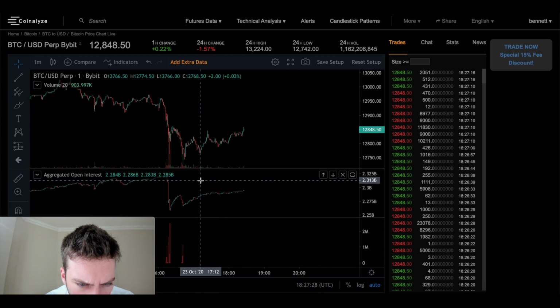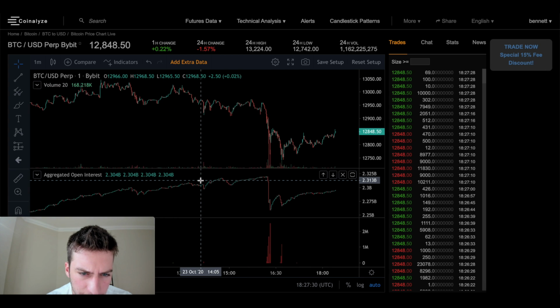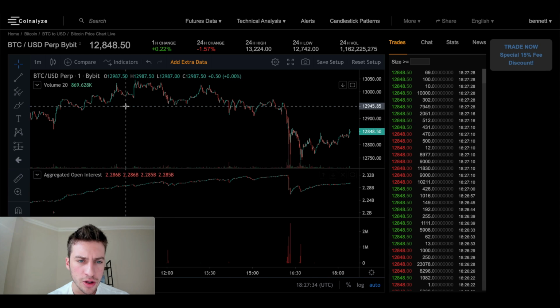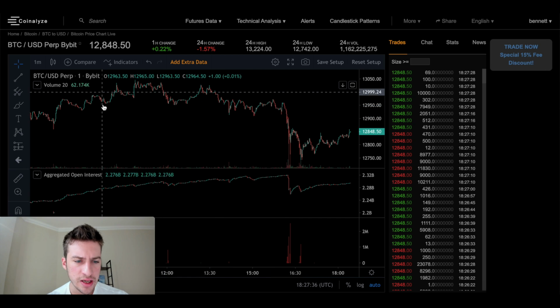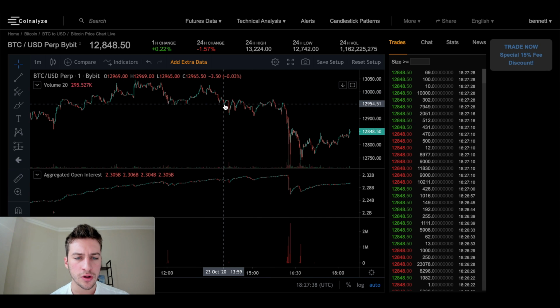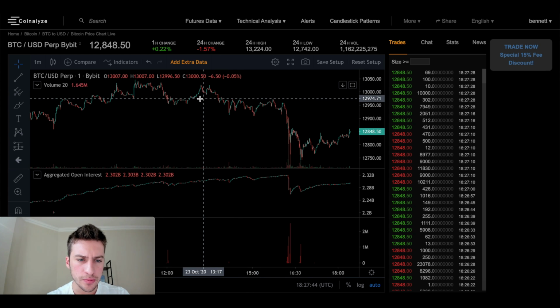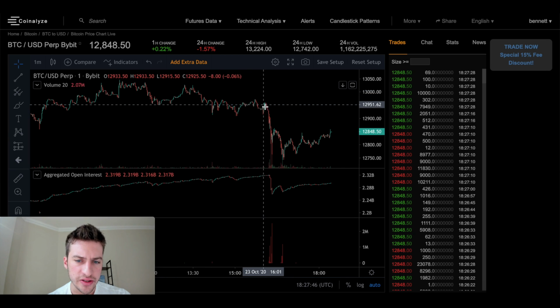Okay, so what we can see here is that we have a pretty clear open interest increase, right? Open interest is here. We have a pretty clear open interest increase as the price was ranging up here. Well, how does that play into what I was talking about before? Well, what this means is that we have a large amount of positions entering here, and then this sell-off could